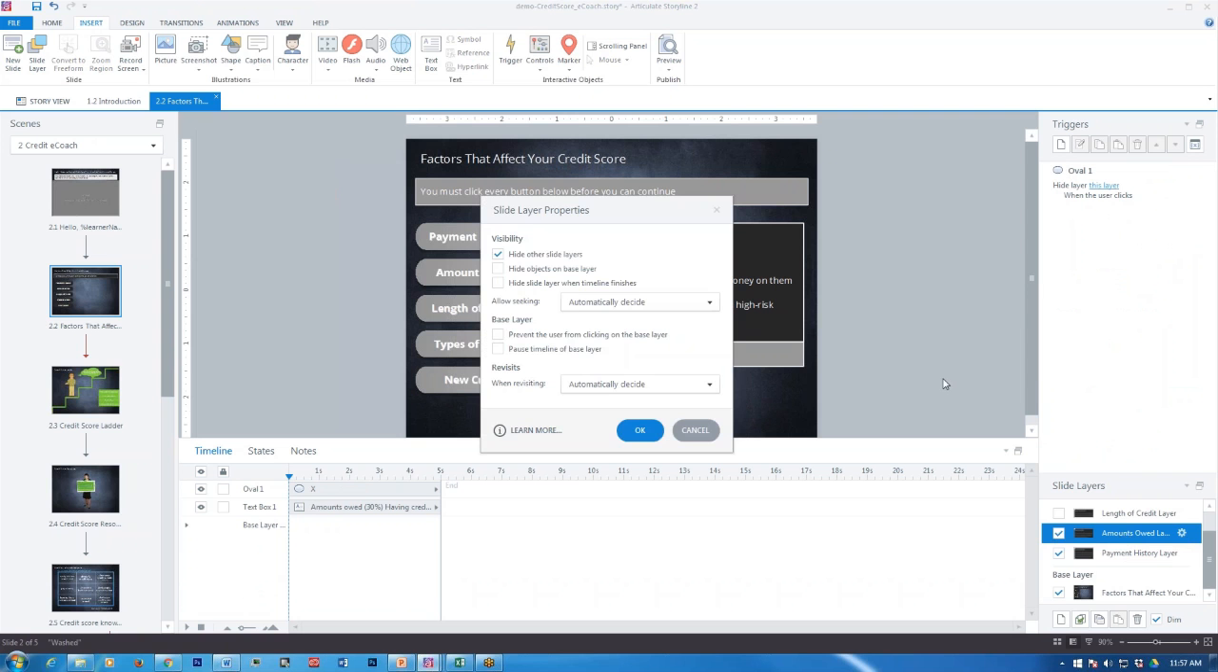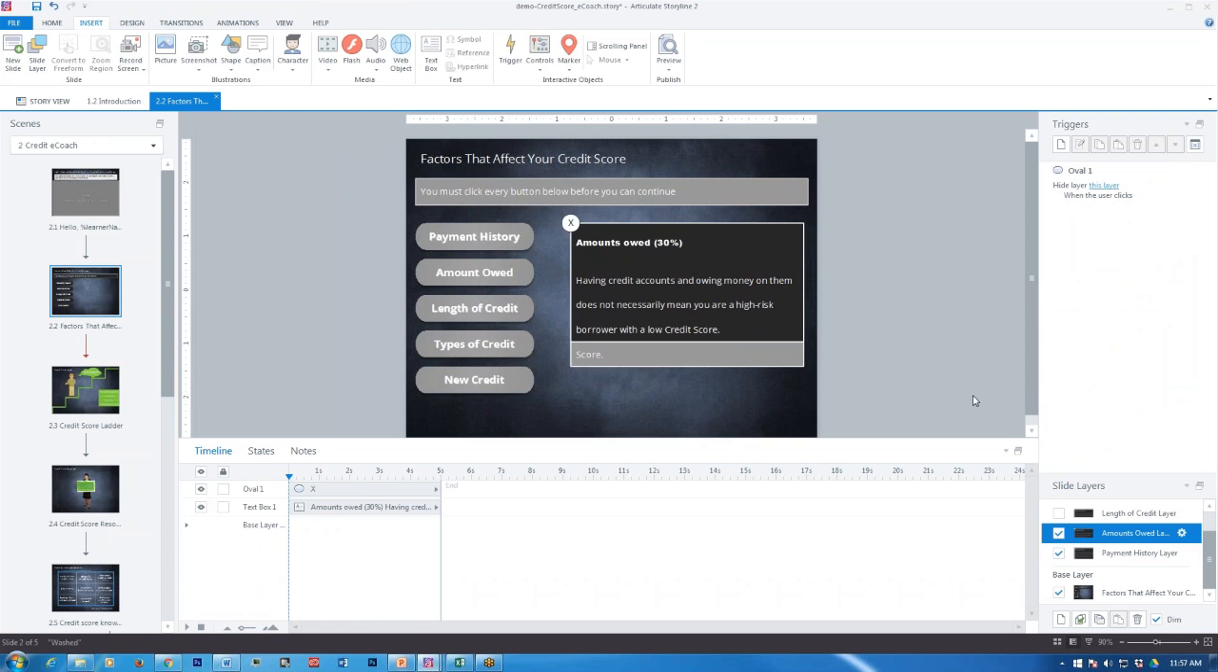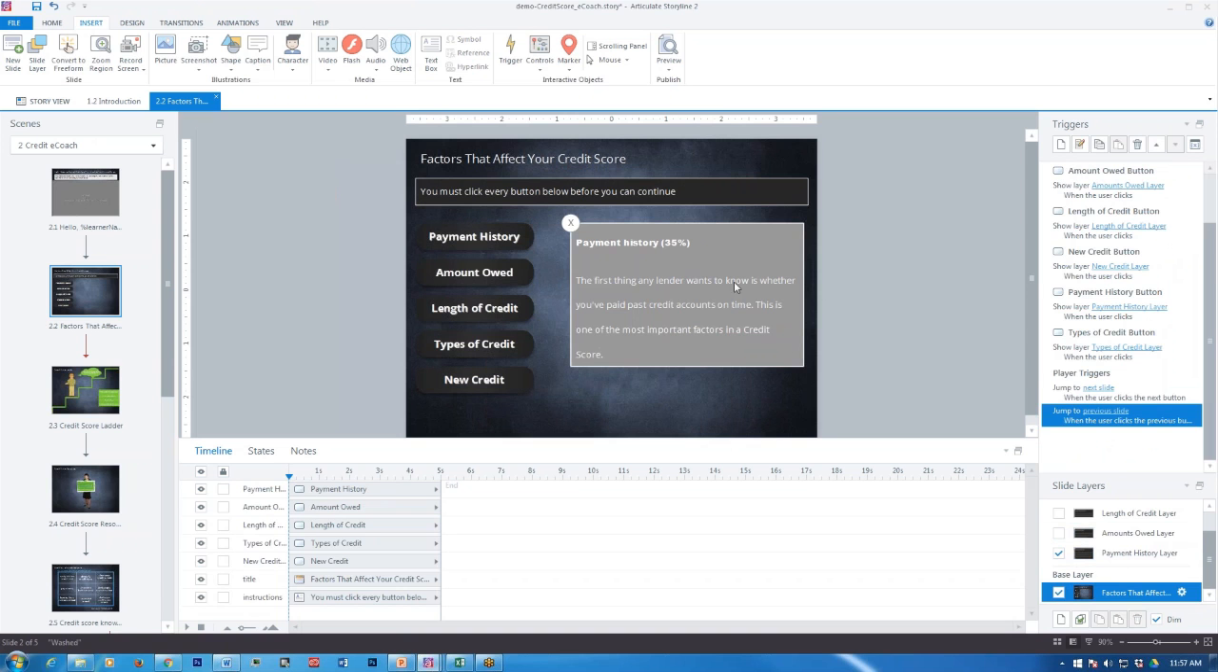The layers have their own properties. Default is to hide other slide layers, so I don't have to worry about that when I am actually working with this for what the user sees. If it clicks on one slide layer, any others are also hidden right away. Okay, so here,